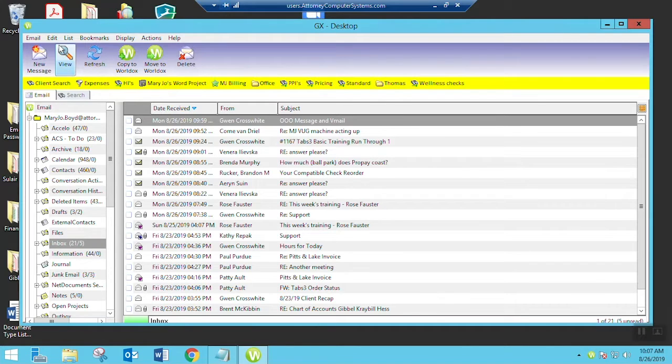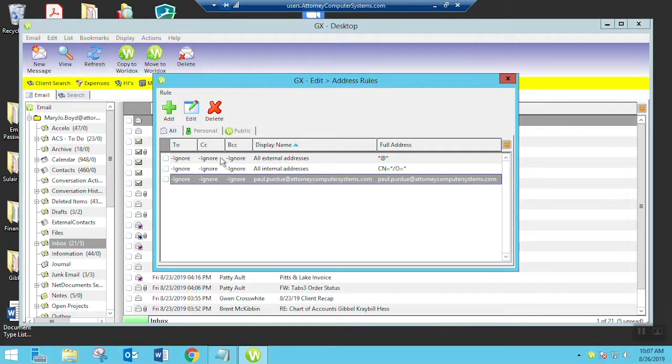right here, and we go up under Edit, Address Rules, this is where rules can get created. Right now, what we have on here is two rules already that are ignoring all external addresses and ignoring all internal addresses. So this is just something that may have been set up incorrectly. But then I have a specific rule down here for a Paul Perdue that maybe is one that